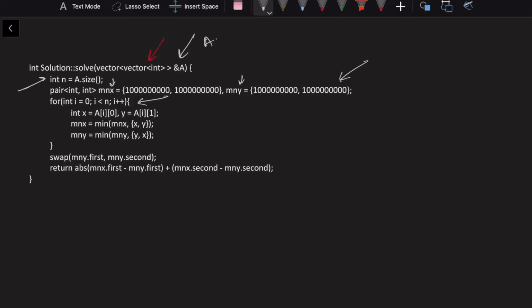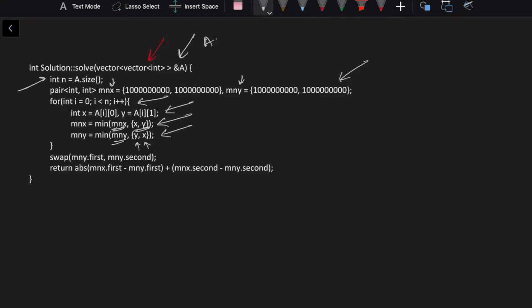I'll start an iteration on every pair, take their x and y coordinates, and keep updating my minimum x and minimum y with respect to whatever minimum I already have and the current values. Similarly for minimum y, I reverse the x and y so that I can get the minimum y from it.